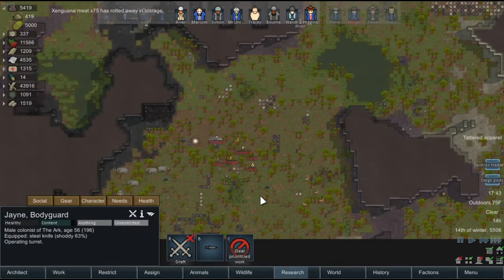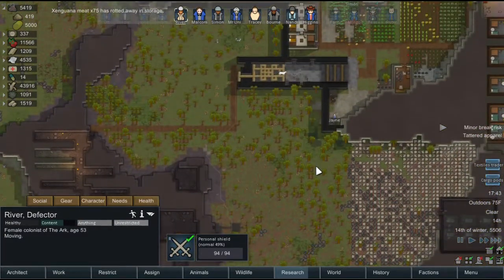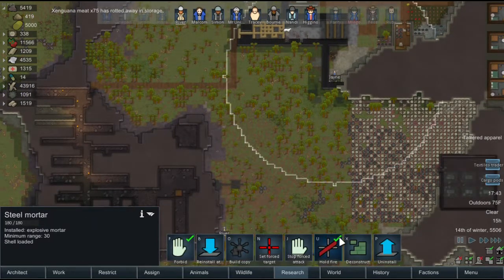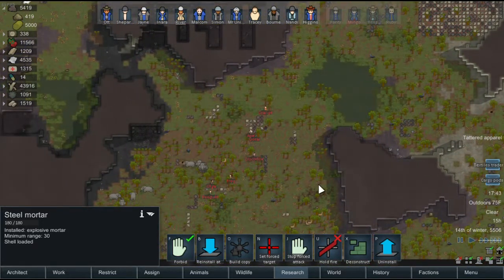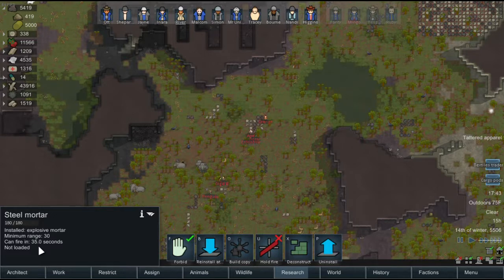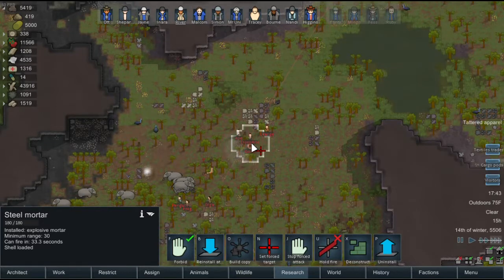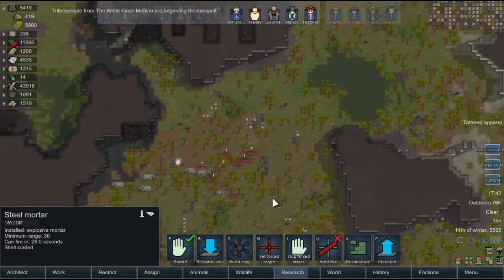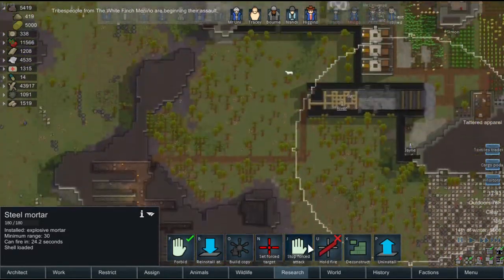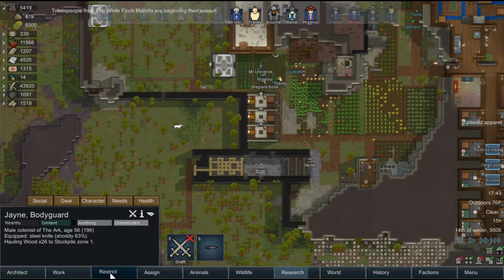Operating the turret. Nope, river. Don't hold fire. Do your thing. Oh, and it didn't hit anybody. Nope. Back here. They moved. Oh, never mind. Never mind. Okay,